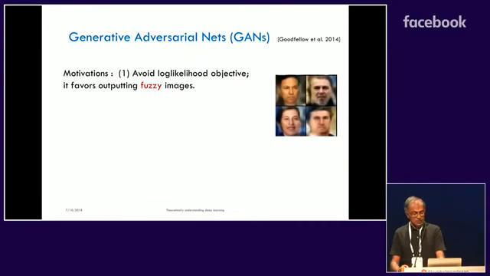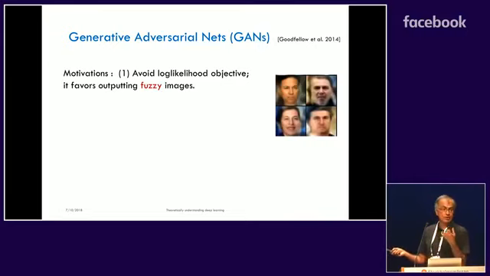Now, generative adversarial nets change this as follows. They get rid of the log likelihood objective. The reason is that it's been long known that this log likelihood objective favors the model outputting fuzzy images, because the log likelihood objective is really averse to not putting probability on anything. It may get this image on future data, which it may have to put a probability on. So it always tries to generate these fuzzy images, where this face could look like many people.